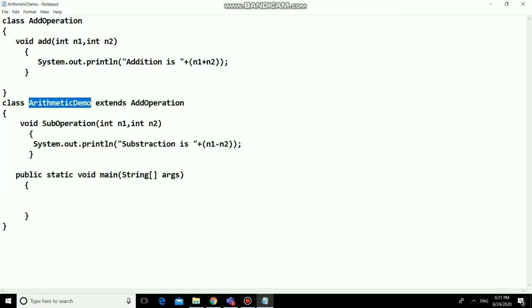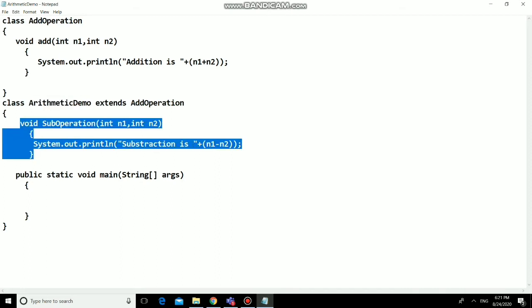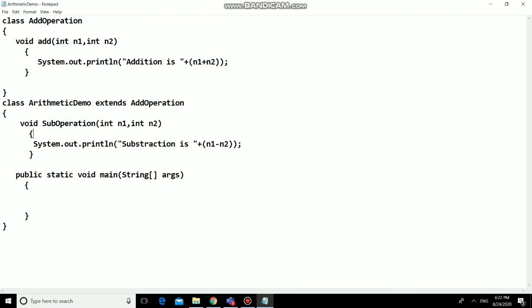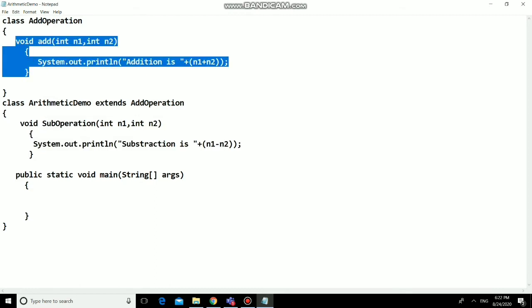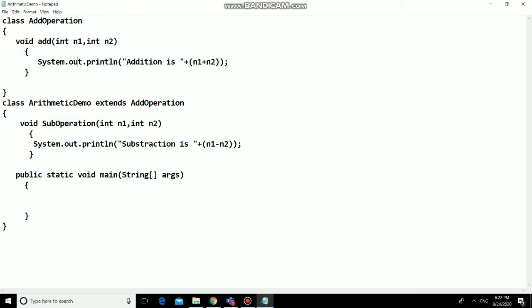Because we have the main method defined in that class, and the AddOperation class will act as a parent class. And this ArithmeticDemo class will act as a child class because it is acquiring the property of the AddOperation class. So ArithmeticDemo has an advantage that it can access its own property as well as the AddOperation property, that is add.